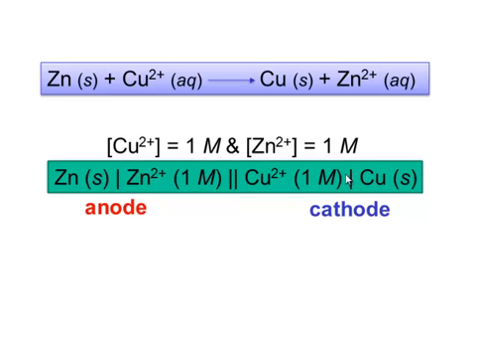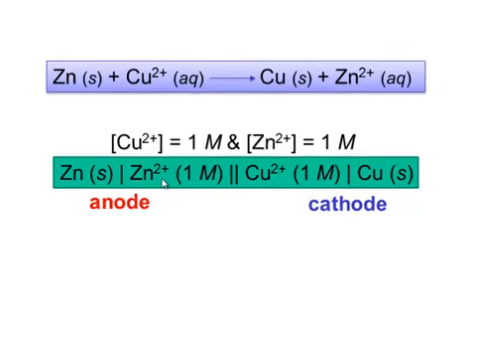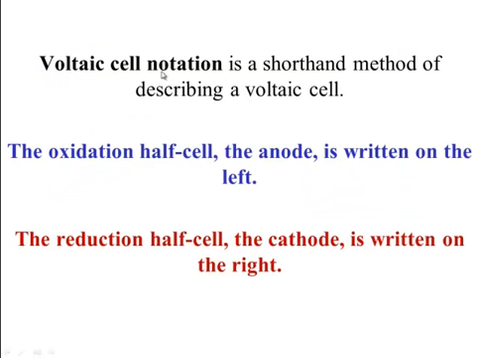and any of this vertical line out here represents the phase separation between various species. For example, this vertical line represents the phase separation between solid zinc and aqueous zinc solution. So basically we always use a cell notation, which is technically a shorthand method for describing a galvanic cell or a Voltaic cell. The electrode or this half cell where oxidation takes place is always written on the left,